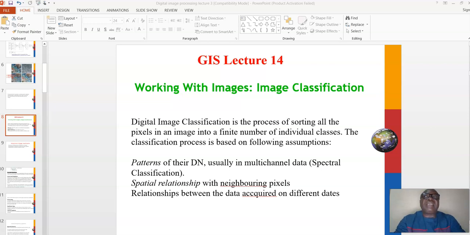When we have images, the pixel value is the tone that they present, and the pixel value can vary rapidly across the face of the image. For instance, a typical farmland can have cassava, can have cowpea, can have maize.